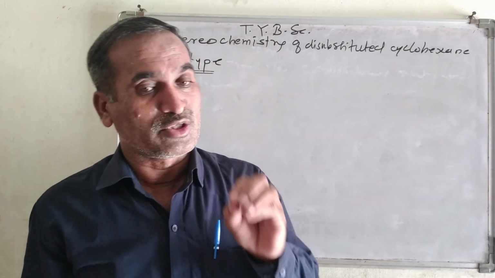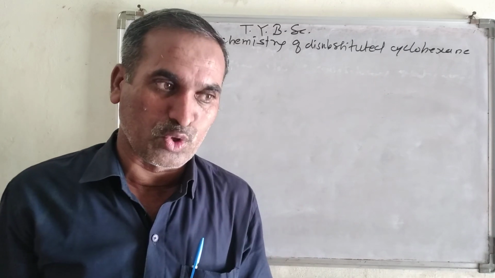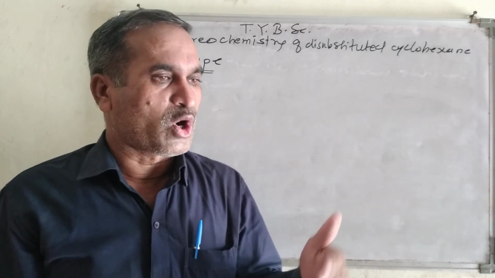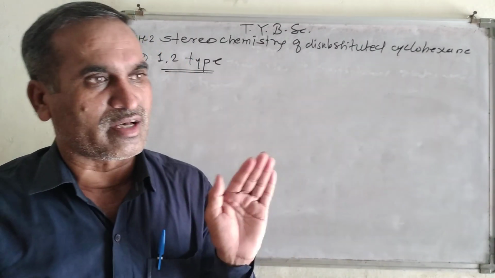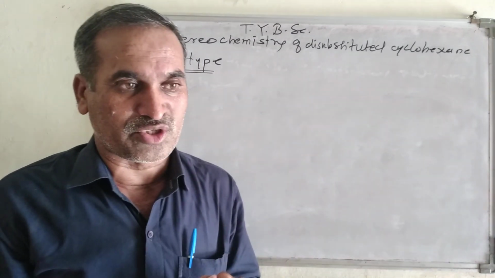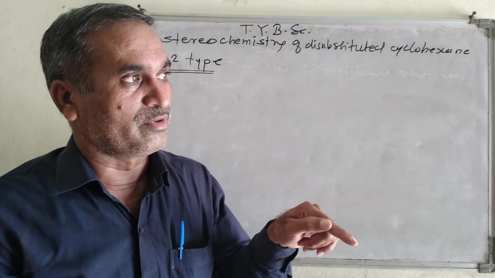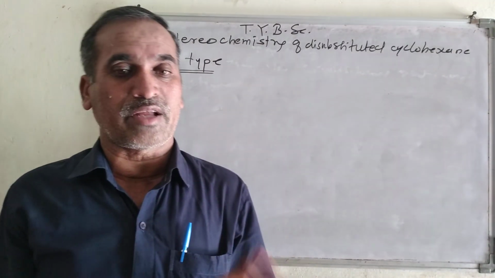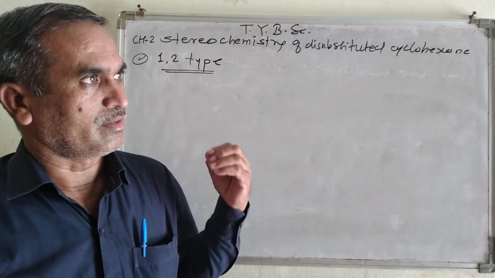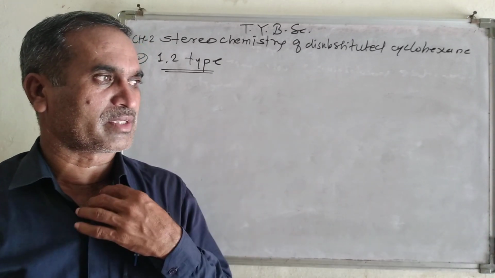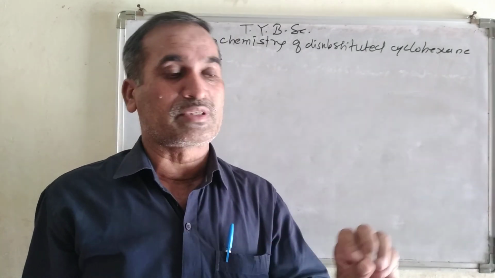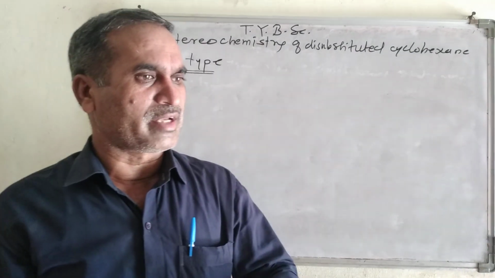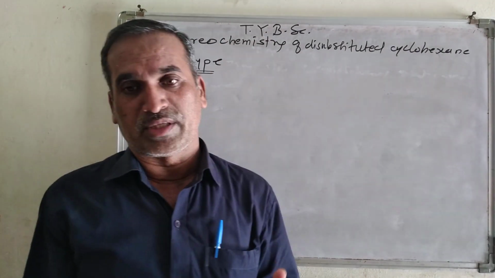Chair conformation is the most stable conformational isomer of cyclohexane, that's why we are considering that one. At room temperature, it continuously changes from one chair conformation into another chair conformation, and therefore that A and B depend upon the size of X and Y, right? So that is the A and B type of conformations. And now the last one is the relative stability. Relative stability is also very easy to determine, depending upon the size of the atom.